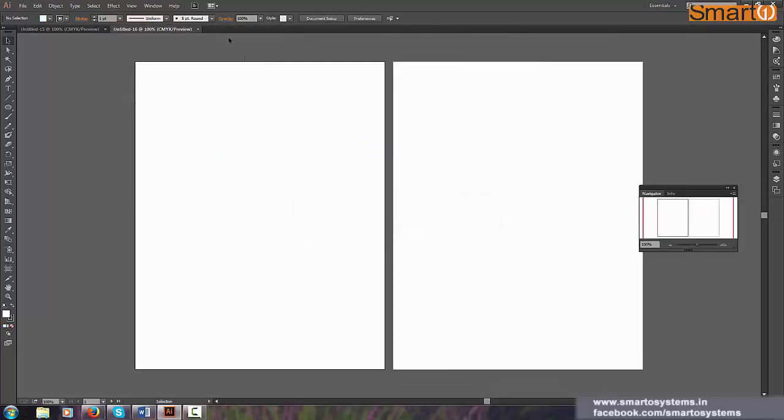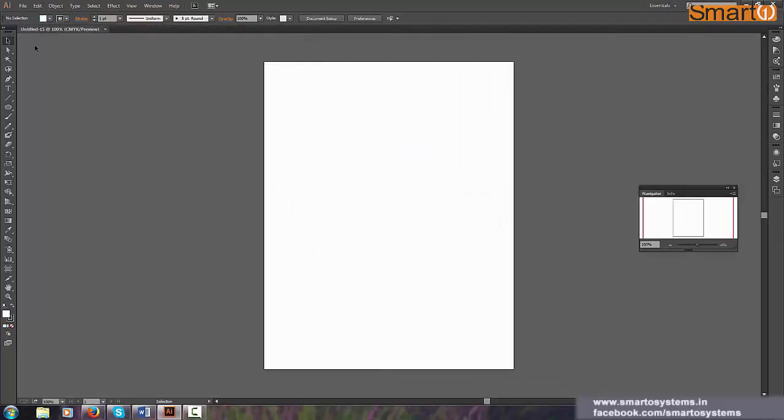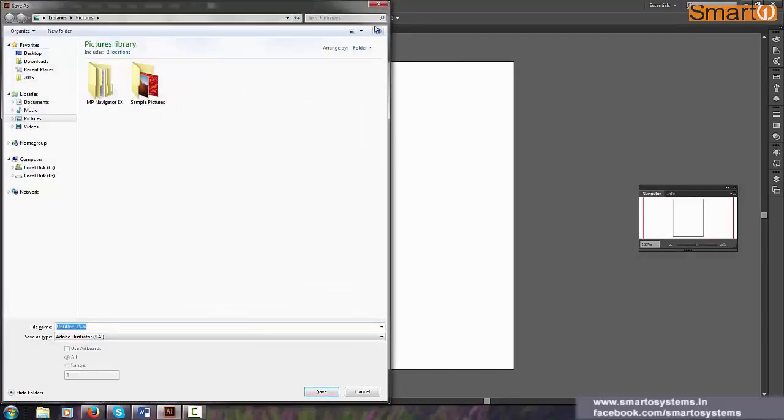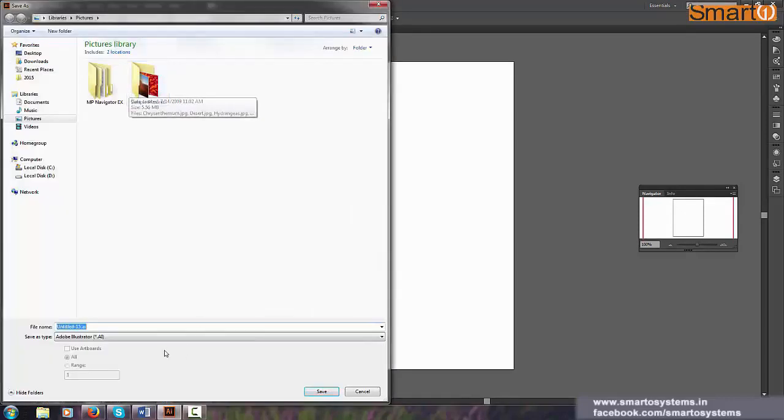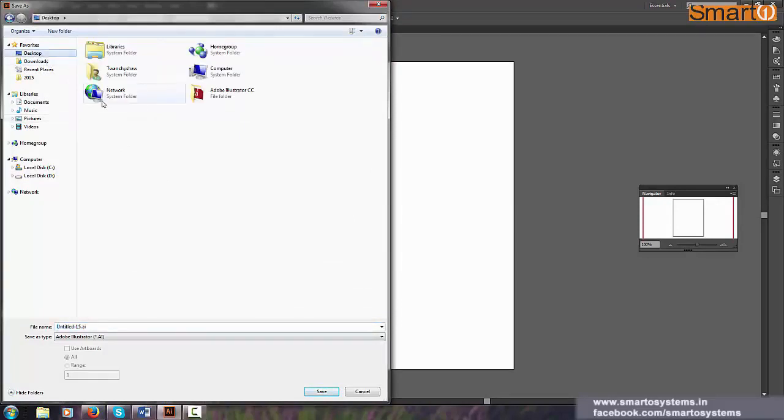So yeah, now let's say we have created a new file, and now if I want to save it, what should I do? To save a file, you can just press Ctrl S, or go to File and here Save. It says Ctrl S as a shortcut, so just click on it. Now it will ask you for the location, where do you want to save it. I click on desktop, and the name is untitled file. So let's say I name it day1.ai.